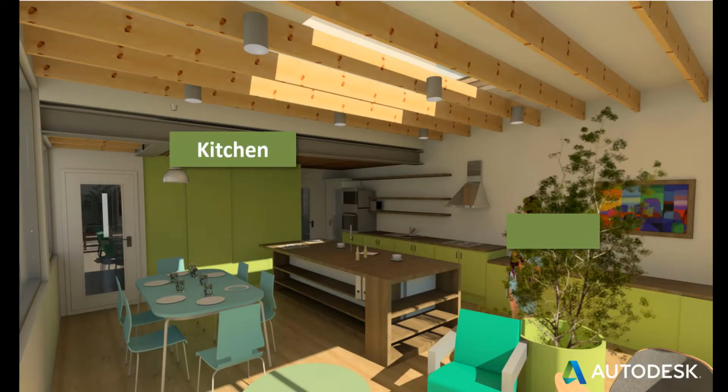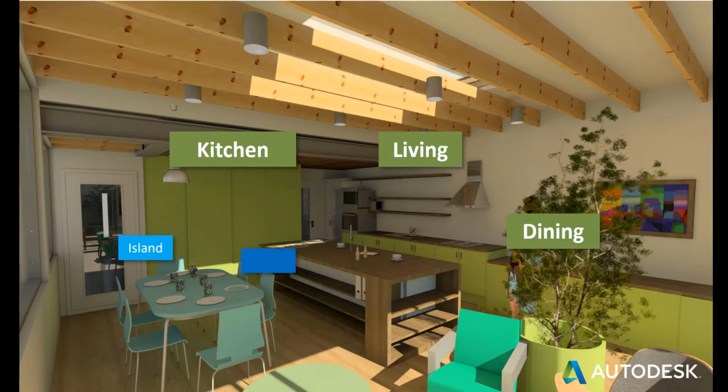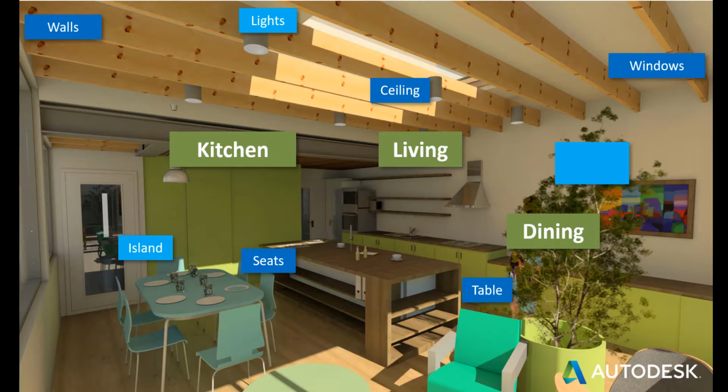So to break BIM down, it's essentially a database of spaces or of buildings or of building elements. So within a building or within your own home or within your office, for example, you're going to have different spaces such as kitchen, dining, living, copy room, stationery room. And within those spaces, you're going to have different elements that they're made up of, such as a kitchen island. You're going to have different seats, desk seats perhaps, different desk lamps. And then you're obviously going to have windows, maybe some type of ceiling, walls, lighting, table, and different types of